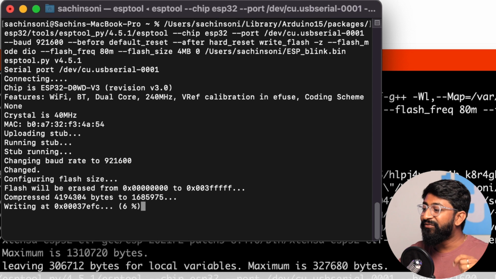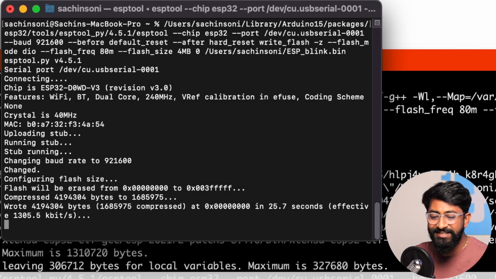Okay, as you can see, the firmware file started flashing onto the other ESP32 board, and it's done uploading. And on my other ESP32 board, if I press the reset button, okay, as you can see, the LED started blinking at an interval of 1 second. So we successfully cloned the firmware from one ESP32 board to the other in 5 simple steps on my